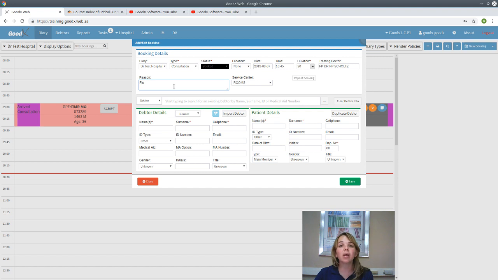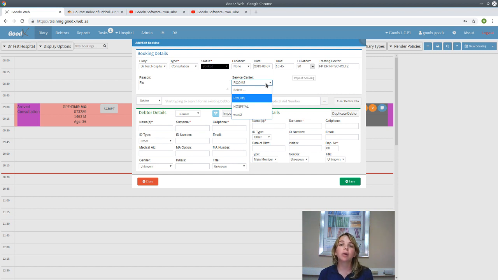Okay, so the reason can assist you in managing your practice a little bit better. Then the service center is really important. Now the service center is also linked to the medical aid. For instance, if you see the patient in a room for the same procedure, you're allowed to ask a certain type of procedure codes, and you're allowed to ask a certain type of amount. Then if you see the patient in the hospital, you're allowed to ask more funds because it's in the hospital for certain procedures. It's really important that the invoice is done on the correct service center, that the medical aid